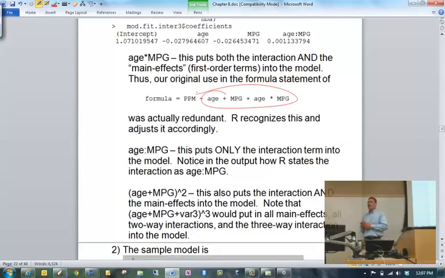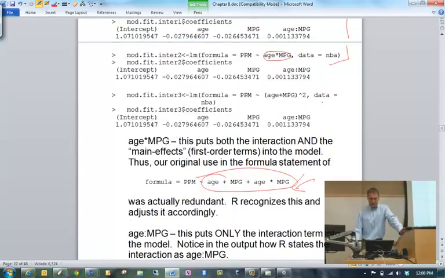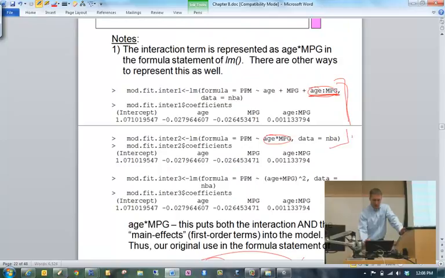Well, what happens if you did do that? Well, what R is going to do is say, oh, you've already specified age and MPG there, so I don't need to add another age and MPG to your model. So this code here will work just like these two previous ones.